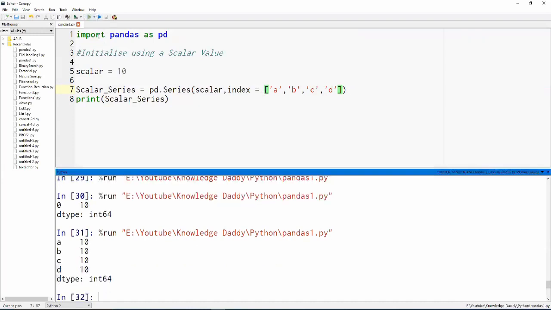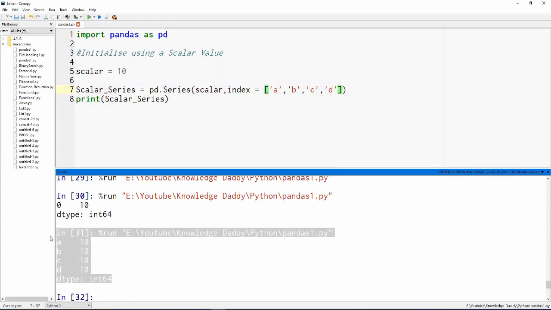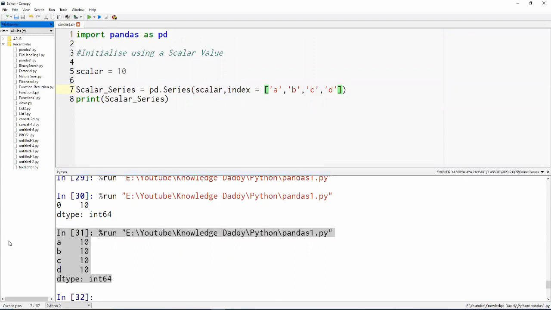You see A, B, C, and D, all the positions now contain 10, because 10 was a scalar value and we had provided 4 index positions. So 10 is copied at 4 index positions.